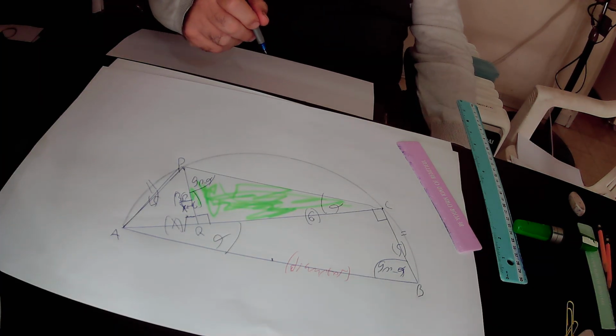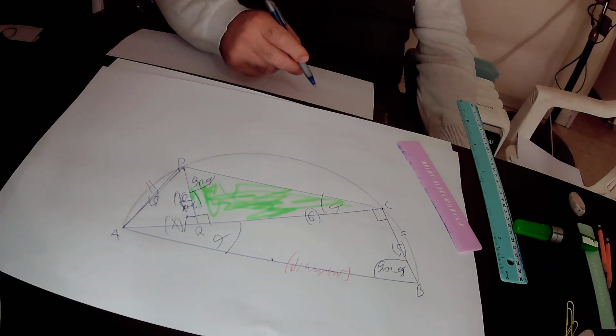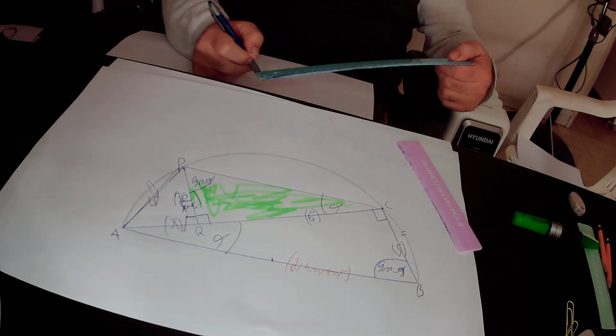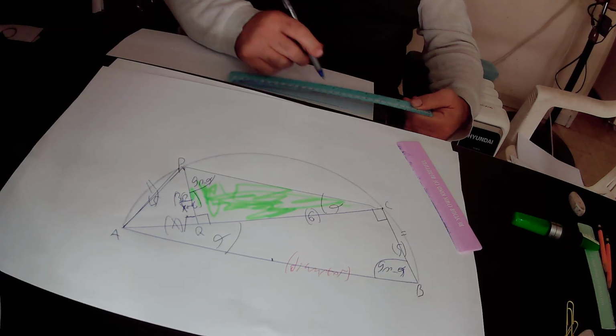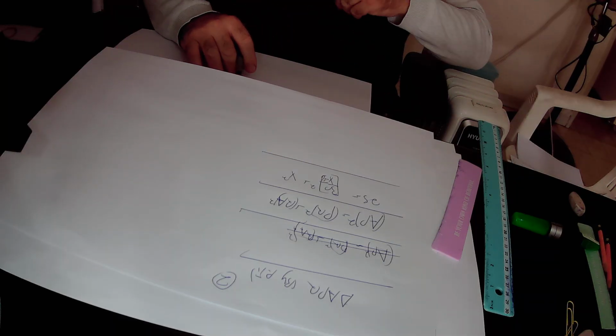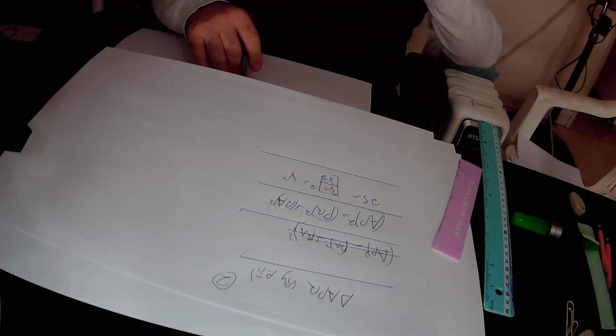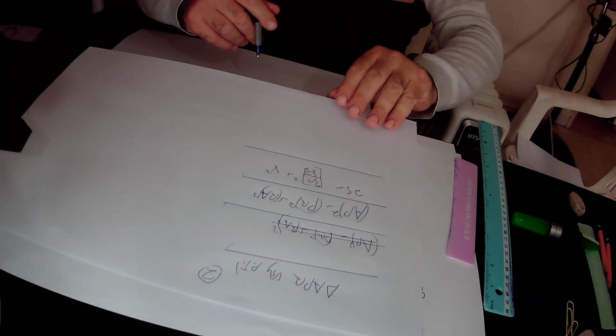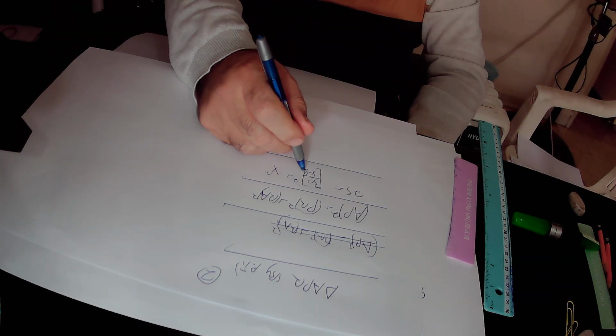Plus QA squared. QA is x, therefore QA squared is x squared. So we find that 25 equals (30 over x plus 6) squared